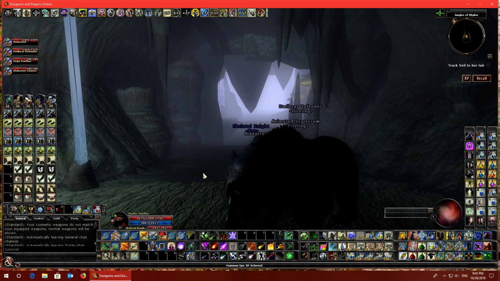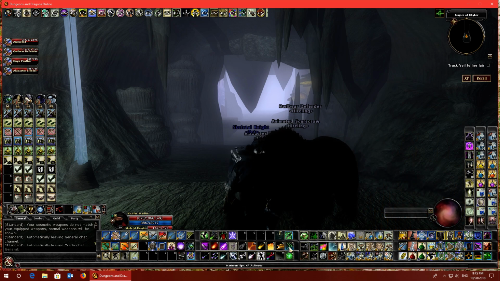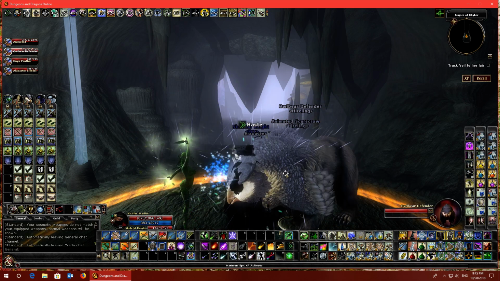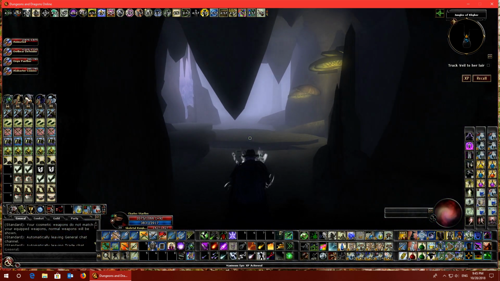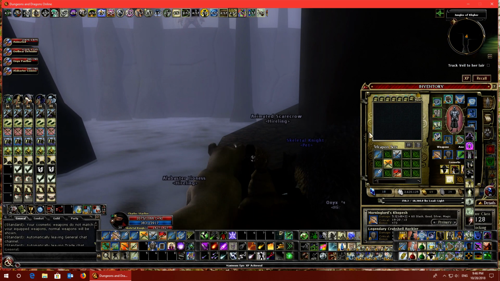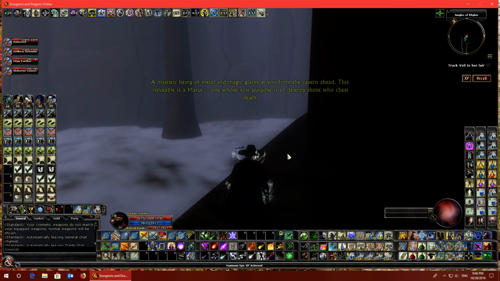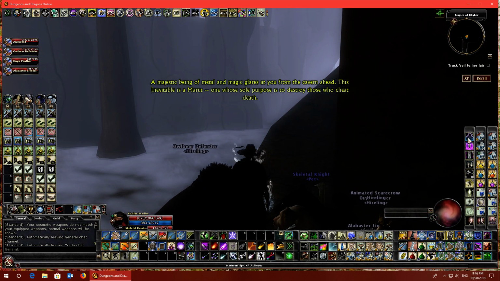For healing, I've got the Elder Dryad. She comes in handy. When she shows up, I add haste. So with all those, I started off 128. So my armor class doesn't change very much because I haven't added my